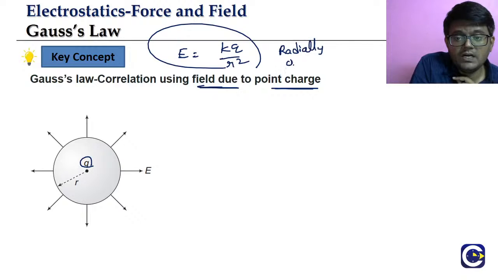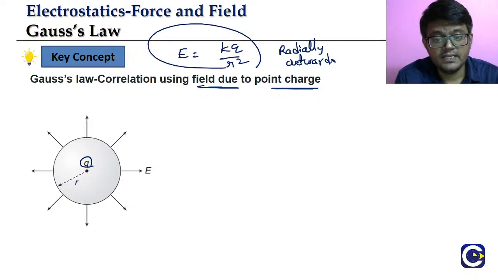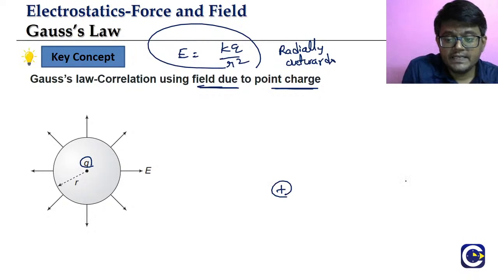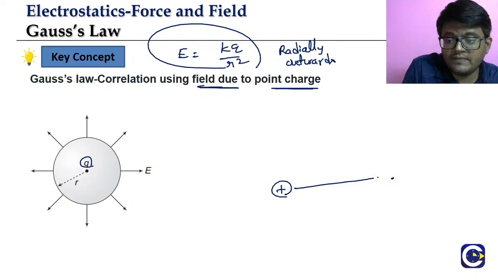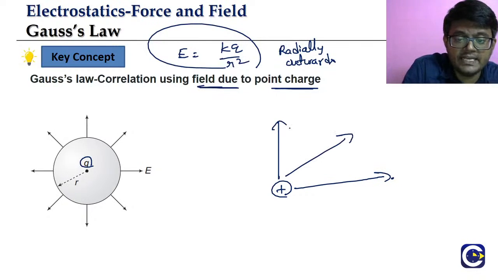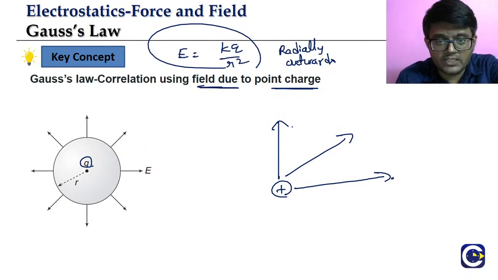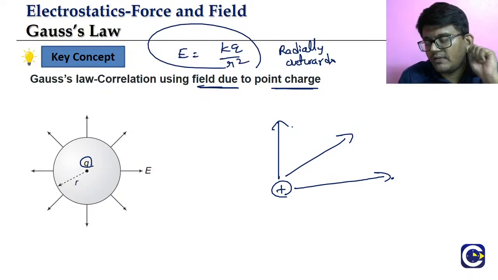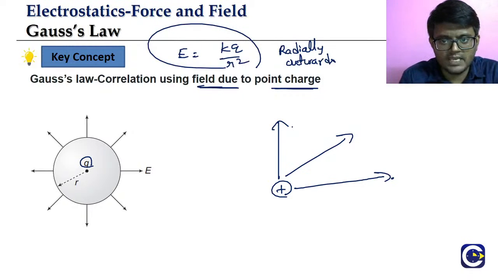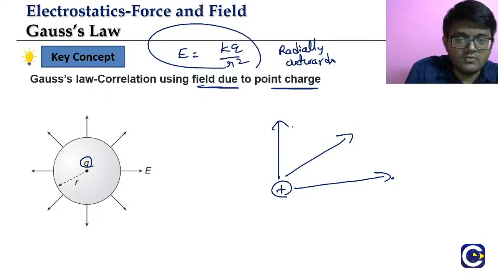radially outwards. If you have a positive charge, wherever we take it, the electric field will always be away from the charge. For that we say radially outwards. Okay? If it is a negative charge, the electric field magnitude will have a modulus of q instead, but direction-wise it will be radially inwards. Okay, so here we will take